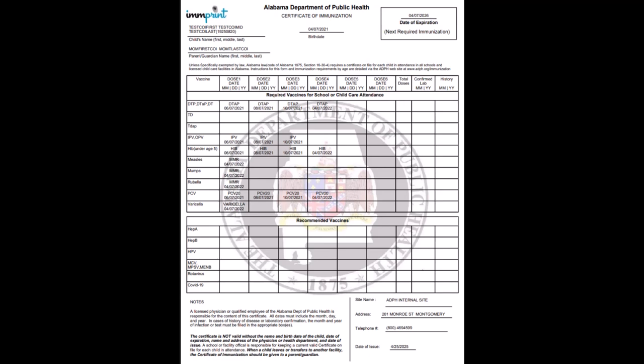Sites that have licensed physicians providing direct care to patients can edit the COI expiration date. All other users will only be able to print the certificate of immunization if the patient is up to date on all school-required vaccinations. It is also important to remember that only valid and school-required vaccines appear on the certificate of immunization. If you wish to review the Alabama school law, this can be done from our webpage at